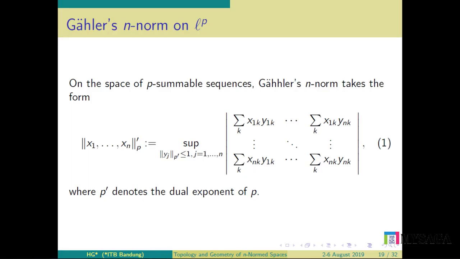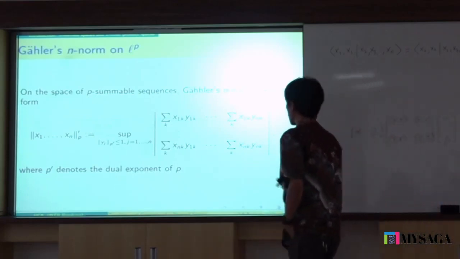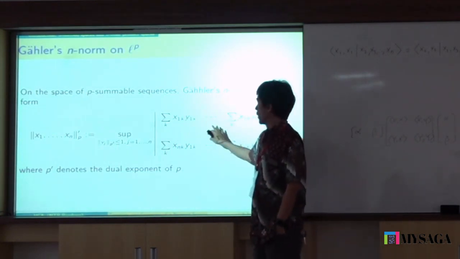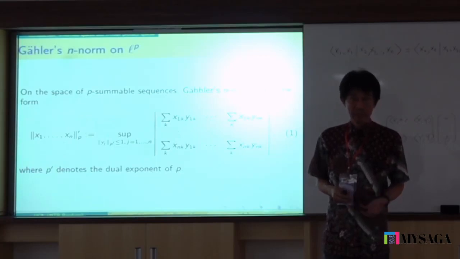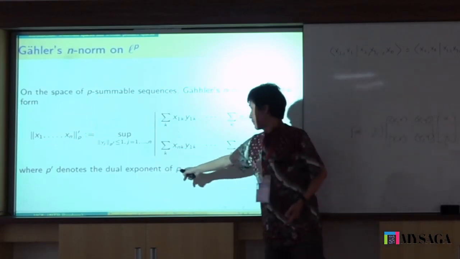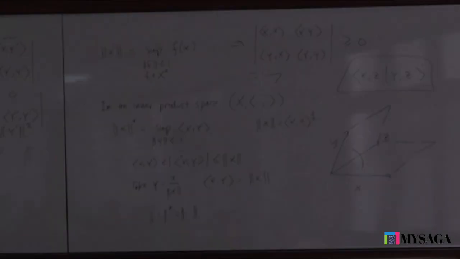The space that we know, the dual, is of course the space of the summable sequences, and the Holder formula will be the same as this. So the functional is identified by a sequence also in L^p prime. Okay? The dual of L^p is L^p prime. p prime is the dual exponent of p,